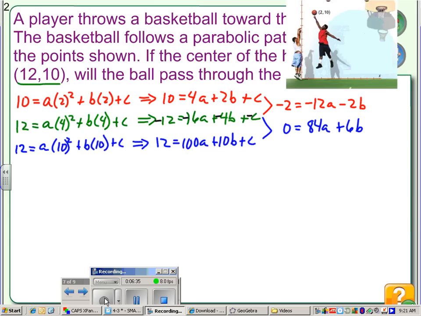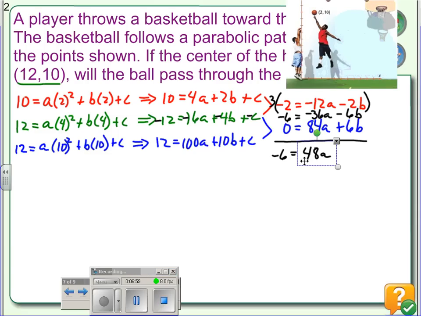Okay, now we have eliminated the C variable. Next, we would like to eliminate the B variable, so I'm going to multiply the top equation by +3, giving us -6b that will cancel with the +6b in the second equation. Hit play when you're ready. Now I have eliminated the b variable, so dividing both sides by 48